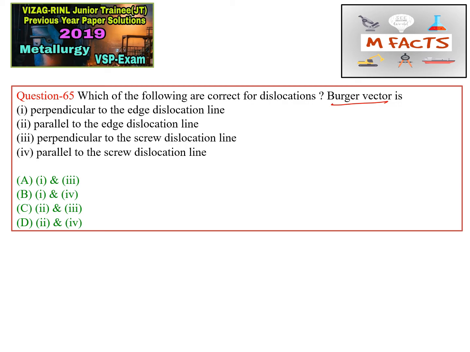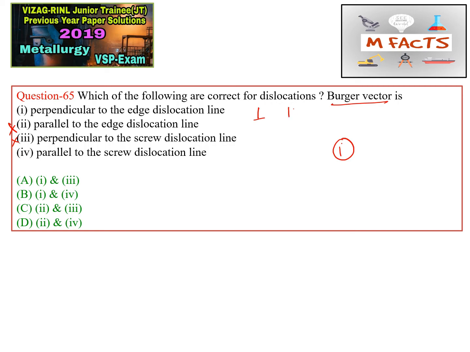So perpendicular to the edge dislocation. So Burgers vector is perpendicular to the edge dislocation. So first statement is correct, okay. Parallel to the edge dislocation, this is not correct because we already said perpendicular to the edge dislocation, okay. The third statement is perpendicular to the screw dislocation, this is also not correct because this is perpendicular to the edge dislocation, okay. So this third statement is also not correct, and the fourth statement is parallel to the screw dislocation,